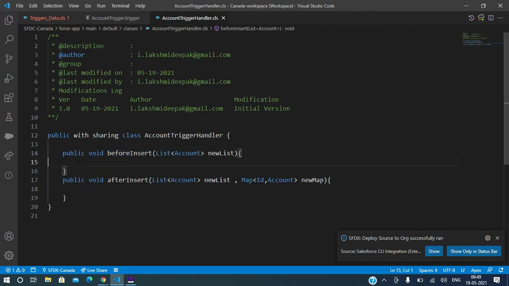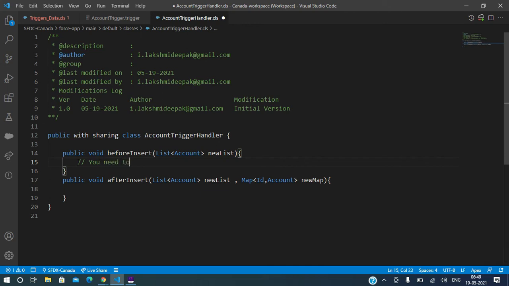And here what we can do. In before events, you need not perform any DMLs. What are DMLs? Insert, update, delete, right? Values for the current record. What is the current record?